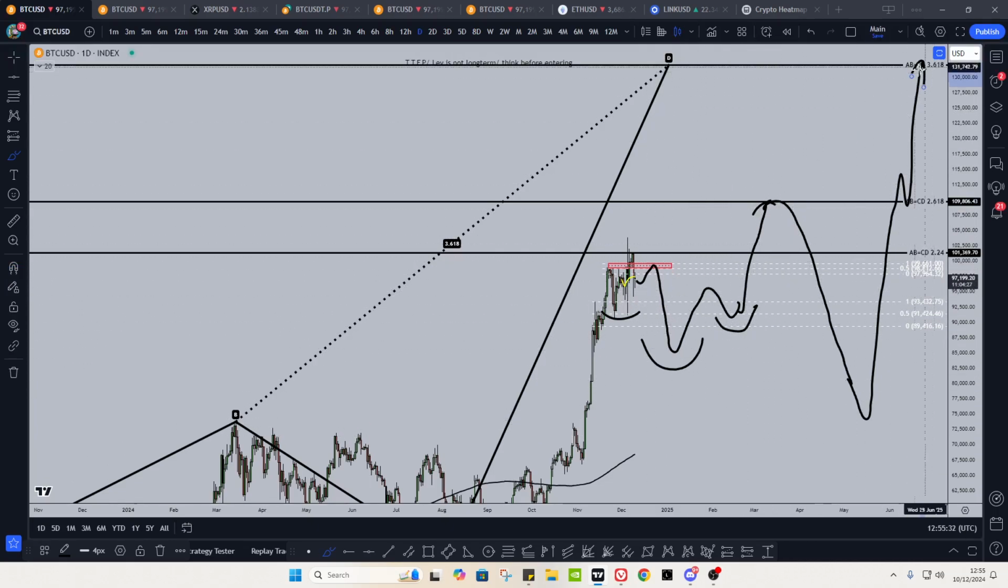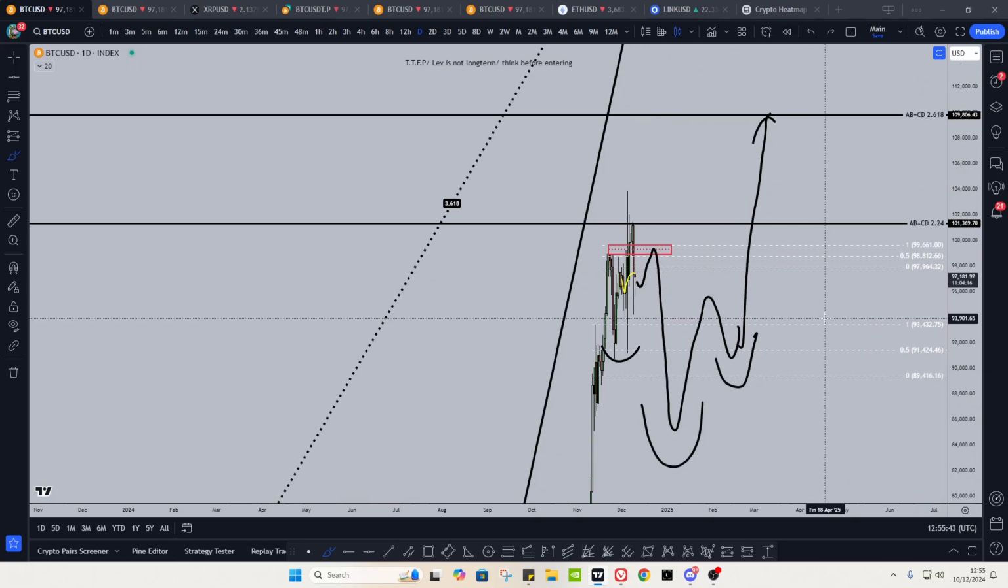I don't know if we get that. This is, of course, just speculation on my part, right? Price action can do whatever it wants. All we can do is sort of have a rough outline of what we think it could do. That's what I'm trying to say here, right? But for now,